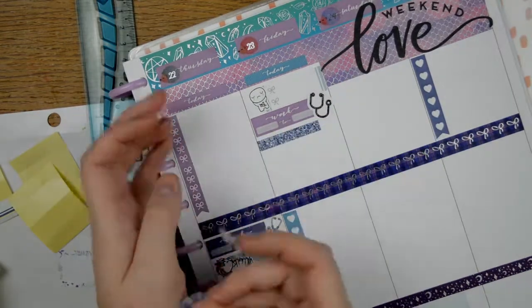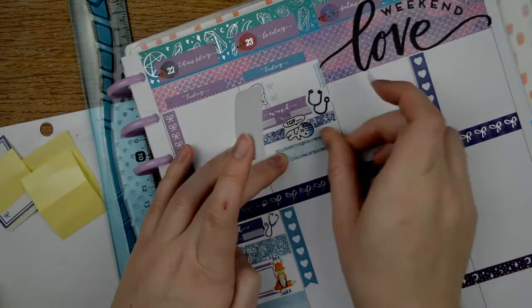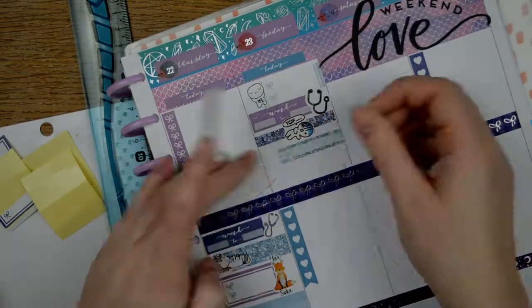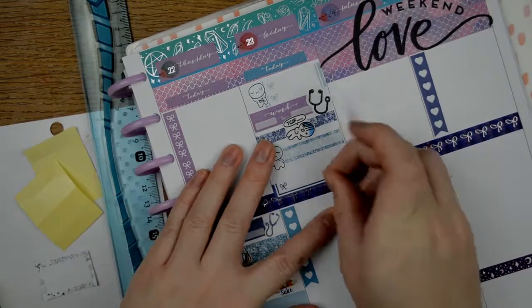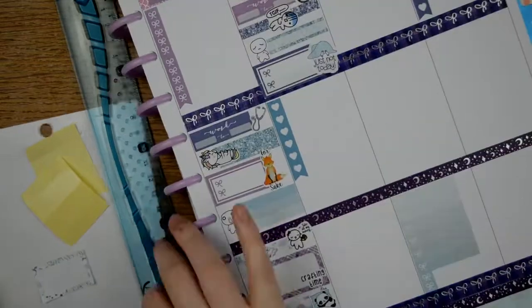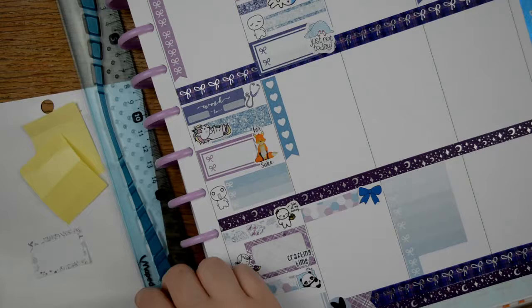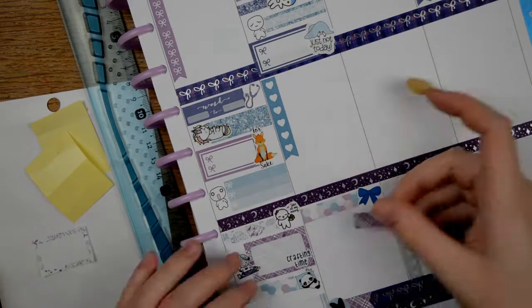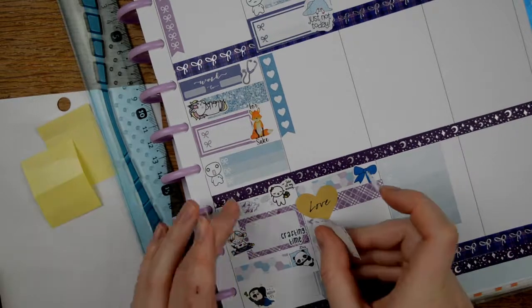Character, this is hard. I think I would have to go... Oh, this is really hard. I'm sort of stuck between a couple here. The first one I want to mention is Fox and Cactus, and I think that's probably my answer, because that way I could have animals and people like character stickers, because she does quite a wide variety. But I also love Munchkins from What's More With Love, and I've got a newfound love of Ratties